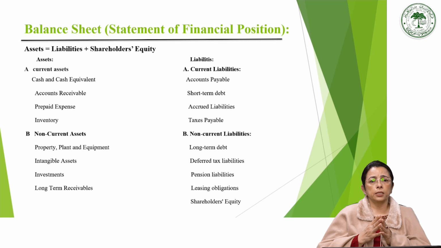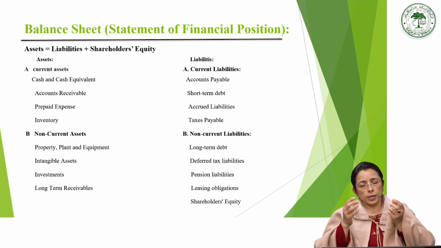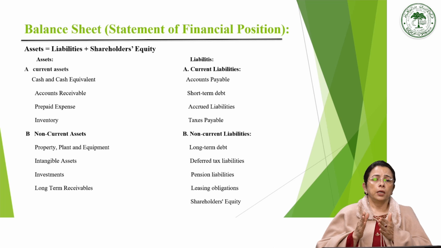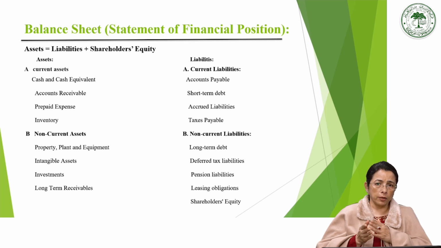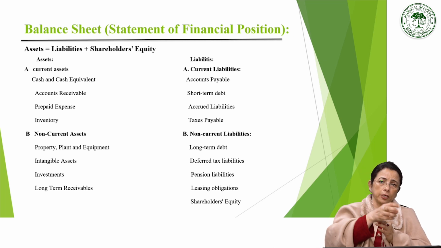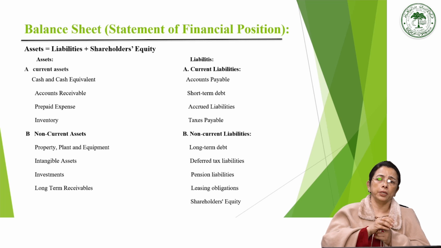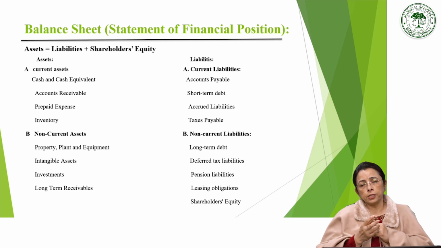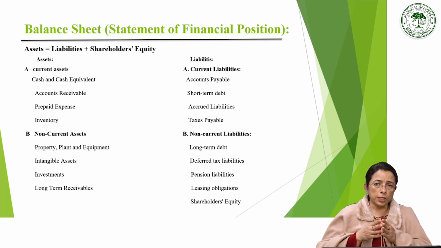Why do we consider this? When we say we have two sides of a balance sheet, one is liability and the other is the asset side, where is this capital included? It is included on the liability side. That means we assume the capital to be a liability for a business. Why is it assumed to be a liability? Because it is the owner's money.